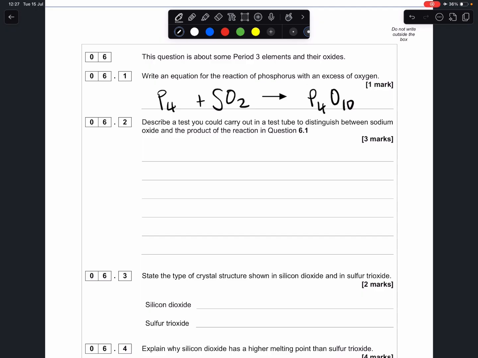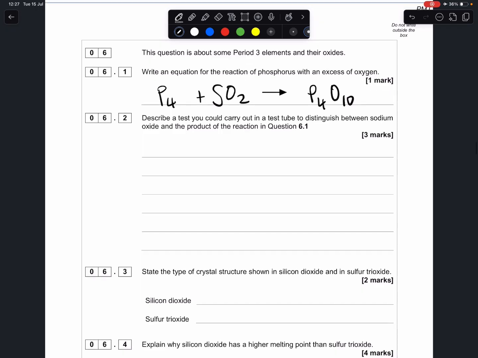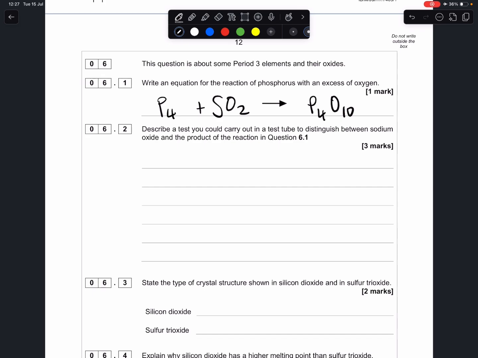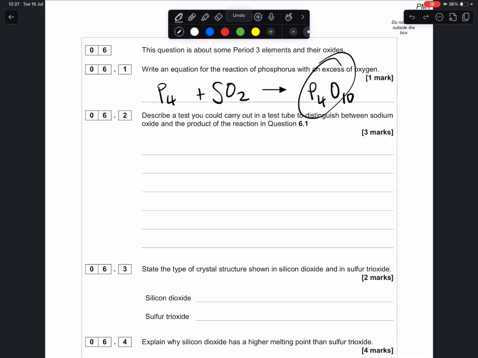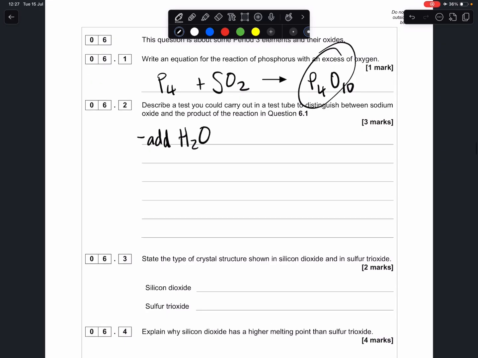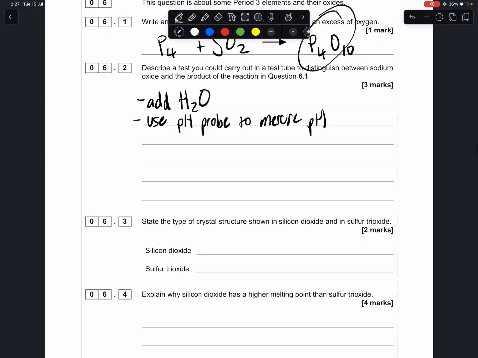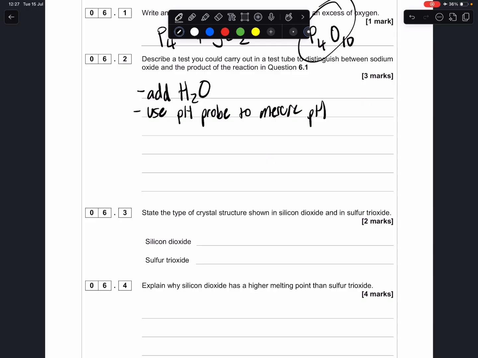So immediately I'm thinking we can add water to this, and if we add water to our phosphorus oxide, we're going to produce phosphoric acid. And if we add water to our sodium oxide, we're going to produce sodium hydroxide. One is an acid and one is a base. So if we add water, and then we also use a pH probe to measure pH. You should always say what you're doing when measuring pH. So we're using a pH probe to measure the pH, and the fundamental difference is that one is an acid,